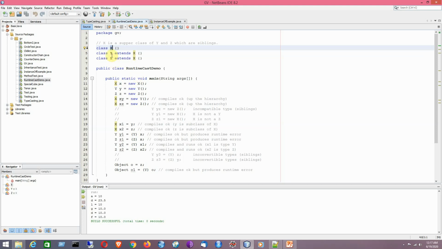So like class Y extends X and class Z extends X. So this is basically an example of hierarchical inheritance. Now I will be using some code statements to demonstrate different case scenarios that may arise with respect to typecasting in Java.